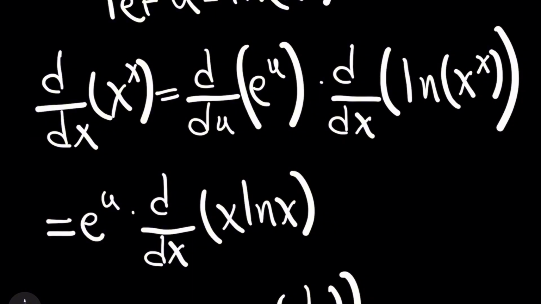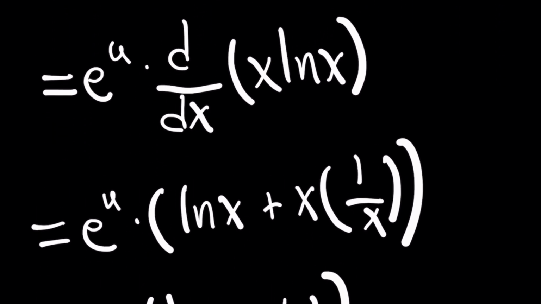But then we multiply it by the derivative with respect to x of natural log of x to the x. And this is where we get to use a really cool property. Remember with logarithms, when you have the natural log of x raised to a power, you can bring that power out in front of the natural log function. So when we take the derivative of x natural log of x, we can use the product rule here. So this becomes e to the u times, in parentheses, the derivative of the left side of that product,